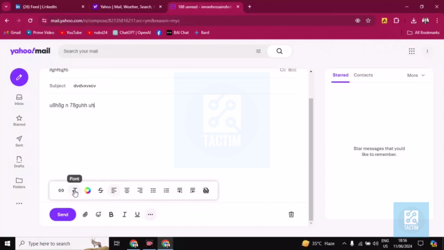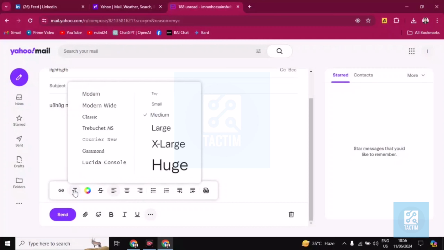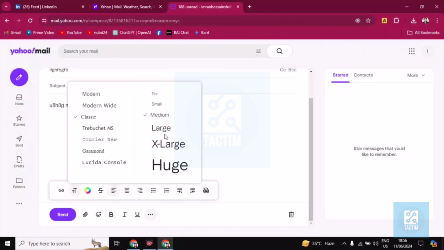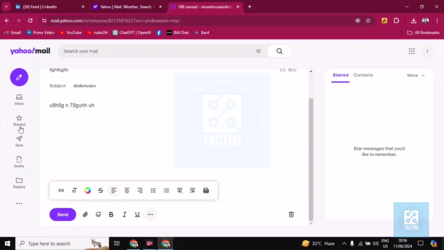then you'll find here font. Choose font, and then you'll find many fonts you want. Here's the font. Click on this, and you'll find this small, medium, large, or any font you want,